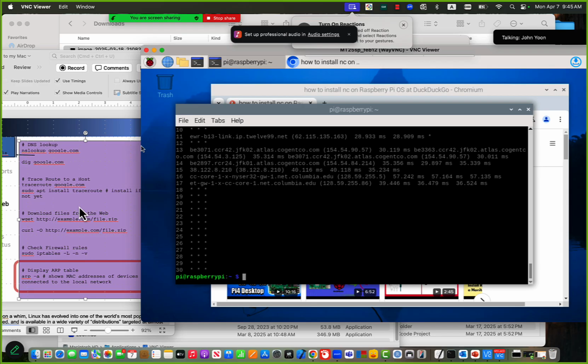Okay. Oh, from here, how can we download some web content? There are two ways that you can do: wget or CURL. So you can reach something from there. For example, wget http